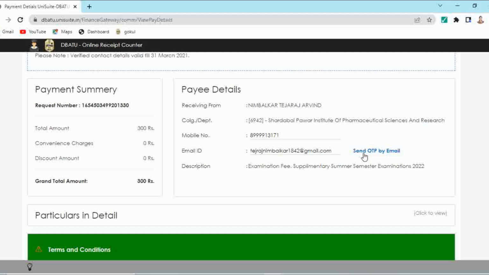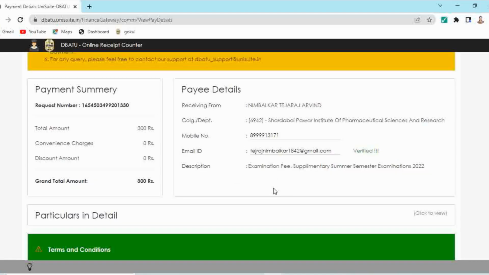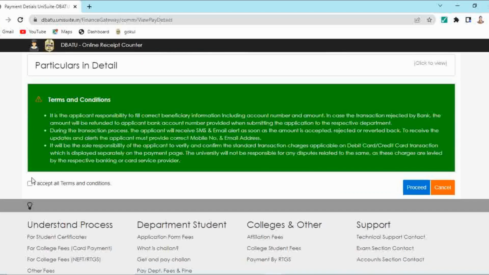You will get the OTP on your email ID. Just enter it. Enter the OTP which you have received on your email. Click on verify. Here the status will be seen, that is verified. So in this way you can verify your mobile number and email ID.